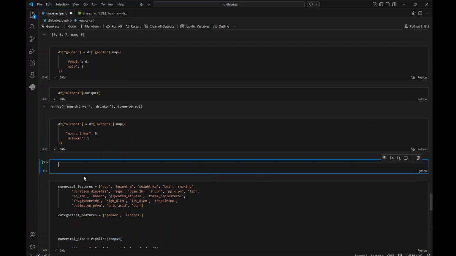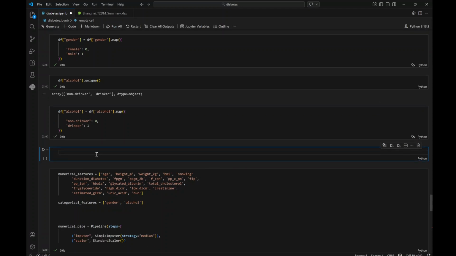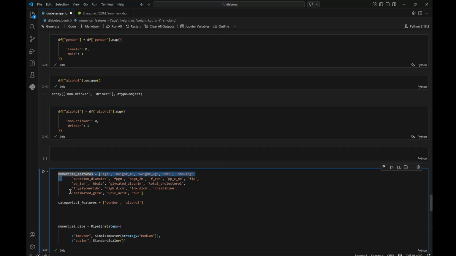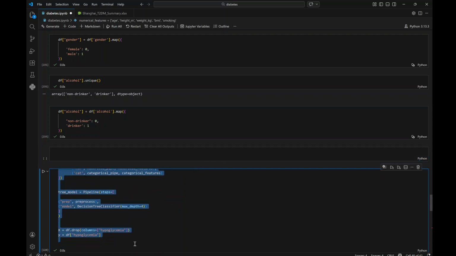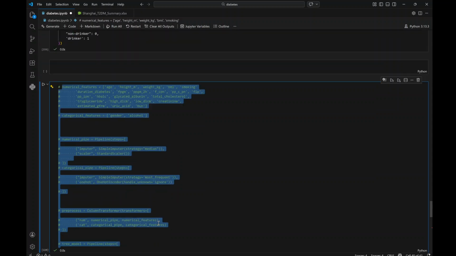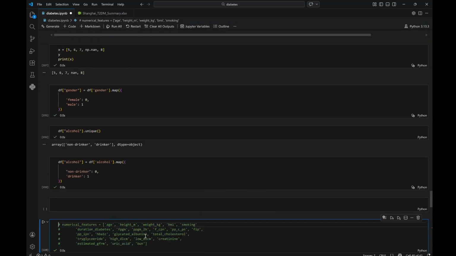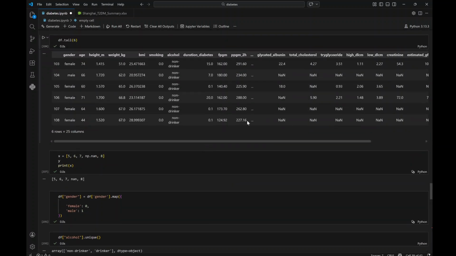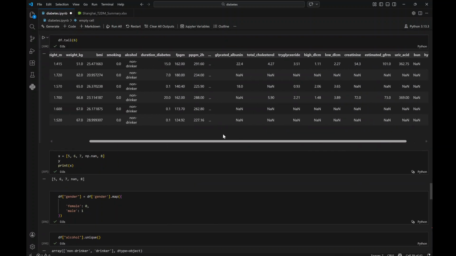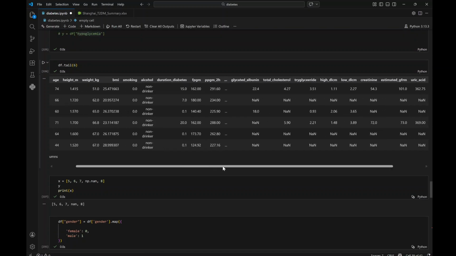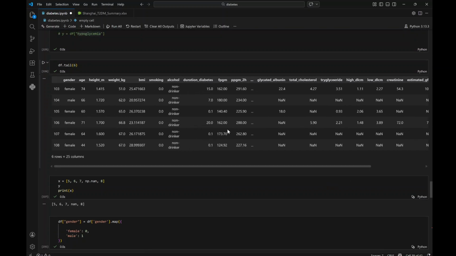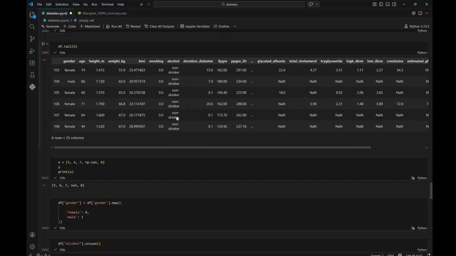So now I'm going to just comment out this pipeline. I'm going to comment it out, but I'll still keep all of this. Now we have some kind of null values here. So how do we deal with that? Because we're not forcing it into the pipeline. Now what we might do is, because the vast majority of them are already